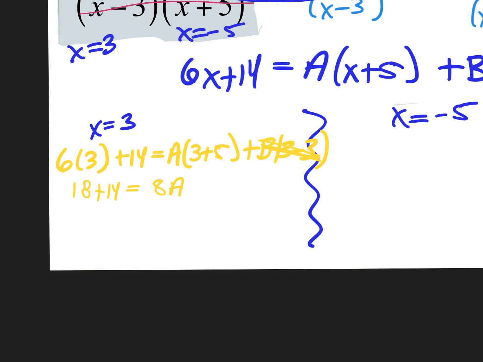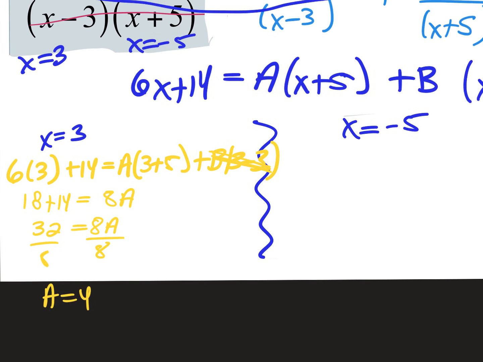What's 18 plus 14? 32. Equals 8a. And then do what? Divide both sides by 8. A equals 4. So a equals 4. You okay? All right, now we're going to do the same thing on the other side, but instead of using